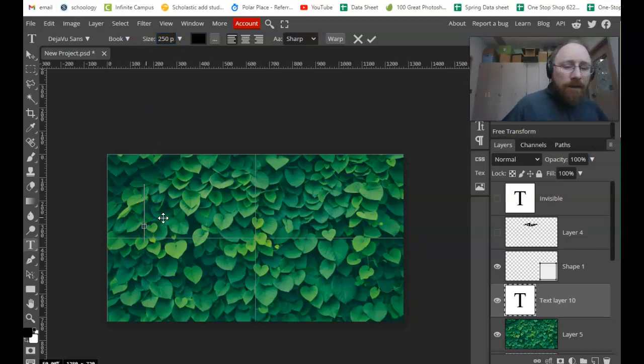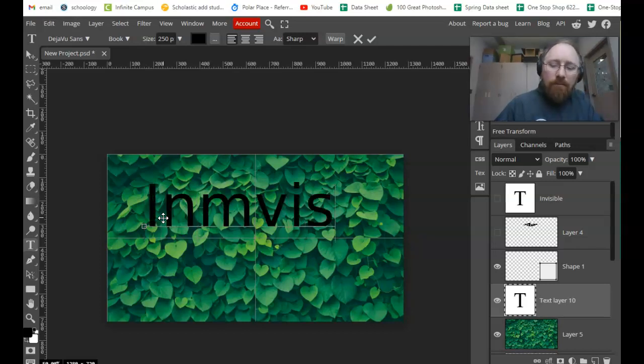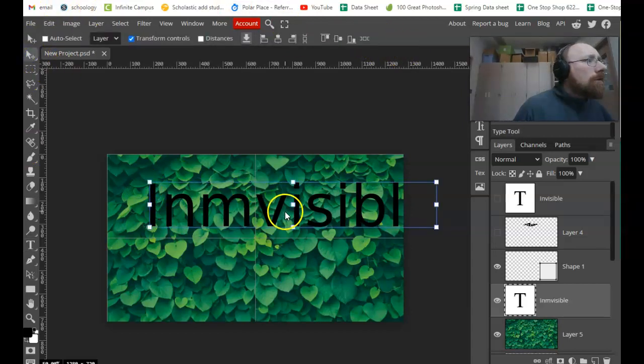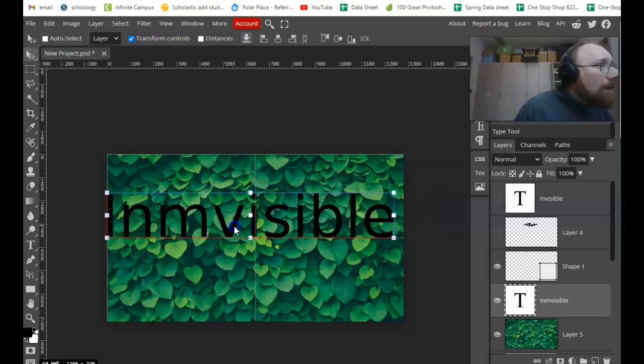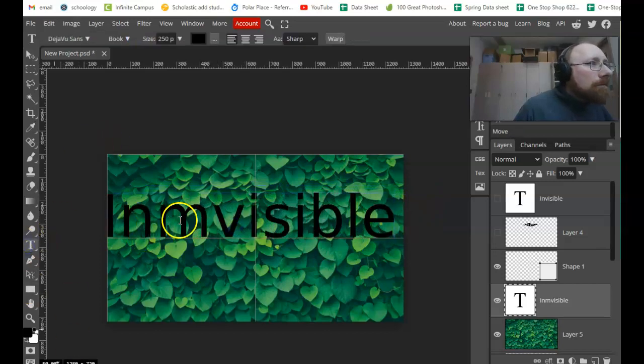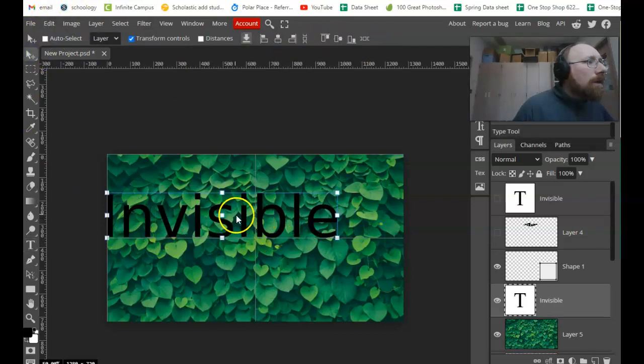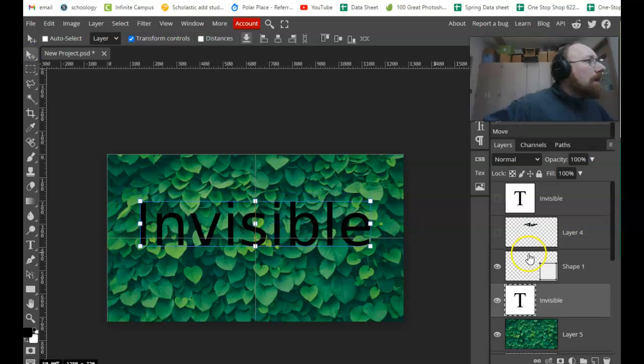And I'm going to write invisible. Now the first way to do this is to adjust, get rid of that M. Okay, so the first way to adjust this and make it look like it's going invisible is to just go